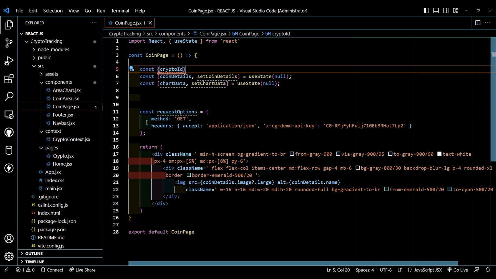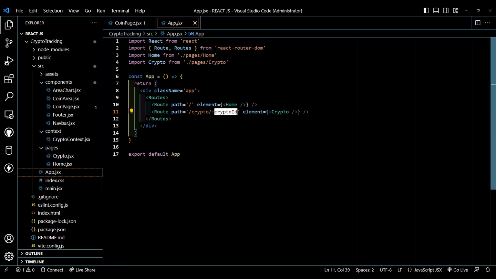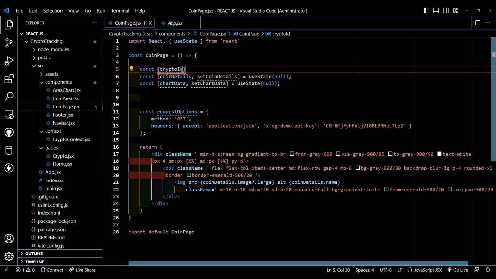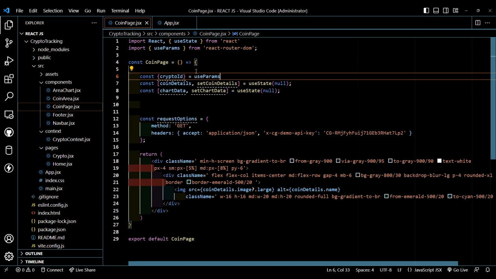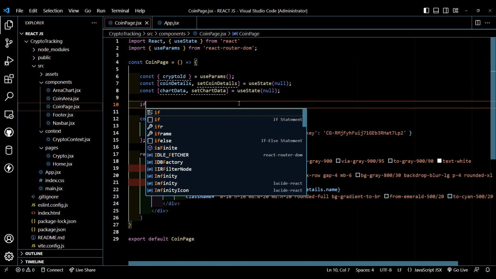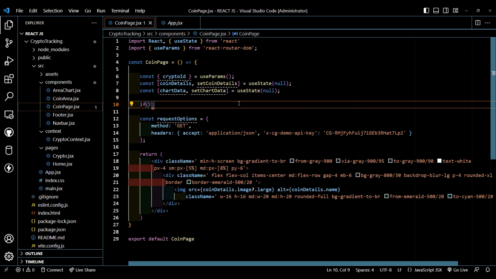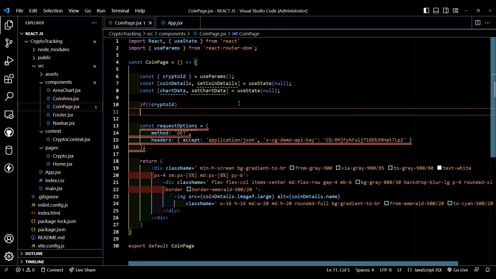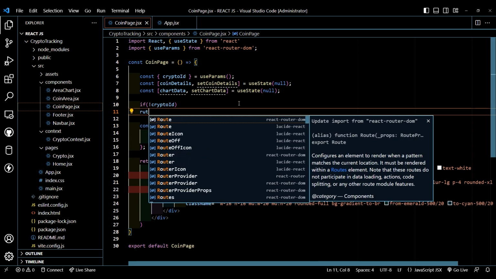As you can see, this crypto id is present in here. Let's copy this and paste it here, is equal to useParams hook. Then here let's type, if crypto id is not found, then return